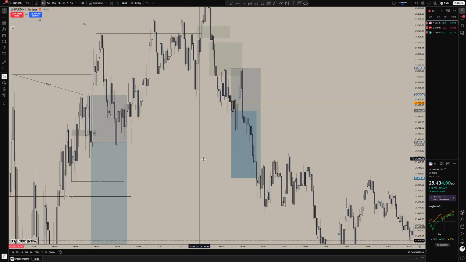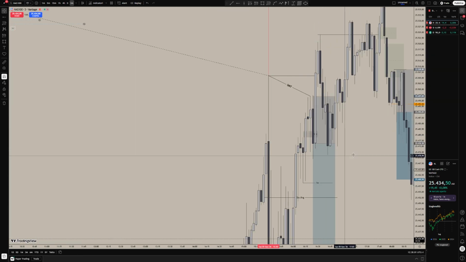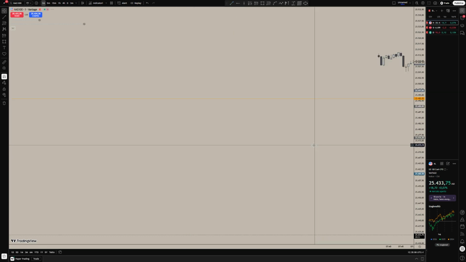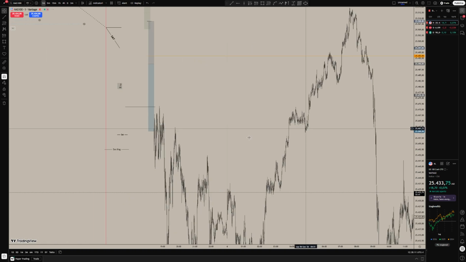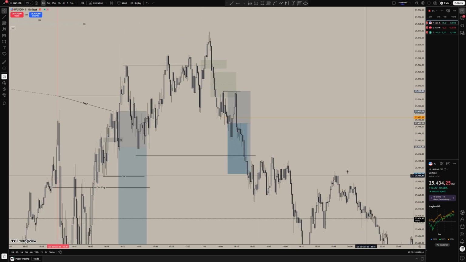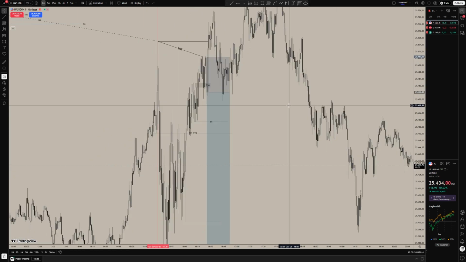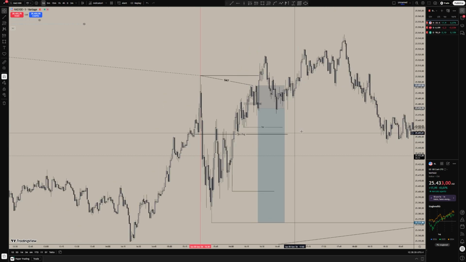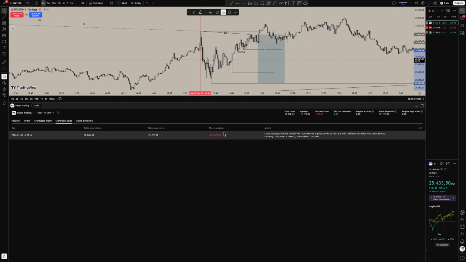I mean, let's see, maybe in this price leg we don't have anything more, so break-even here, and of course taking some profit out. This would be 100% stop loss, 100%. So yeah, to summarize, this was 100% my fault. I forced the trade, and yeah, we're down 500 out of